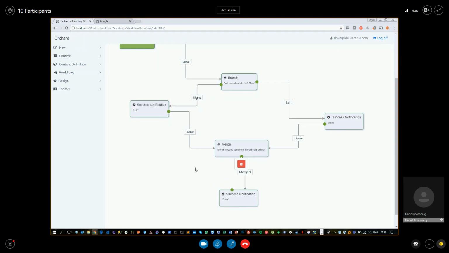Or you could call it wait all or wait any, because you must have the two of them, right? Oh yeah, because in Orchard 1 we have merge and we have exclusive merge, but then maybe it's better to have a join or a wait all. And wait any. It's very explicit when you say wait all or wait any. Because this way you know you have to wait for all the branches to come to join, or wait any to say the first one to join.